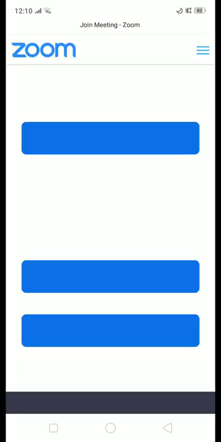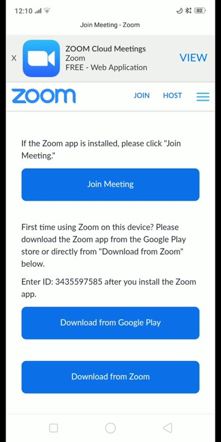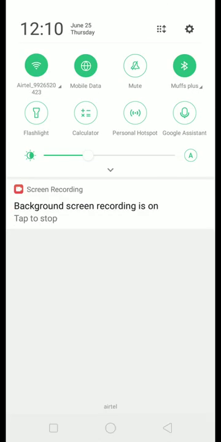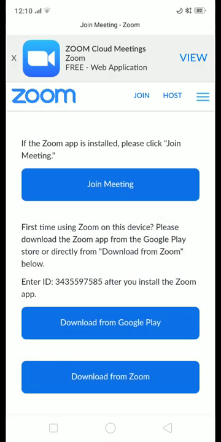And here it comes. You can see this page and the page is open. If you click on join meeting, you can join the meeting and so on. So this is the first video. I'll continue the rest of the things in the second video. This is about how to register yourself, or how to sign up for the first time, in the Zoom app. The second stage is to organize a meeting. That I'm going to cover in the next video.